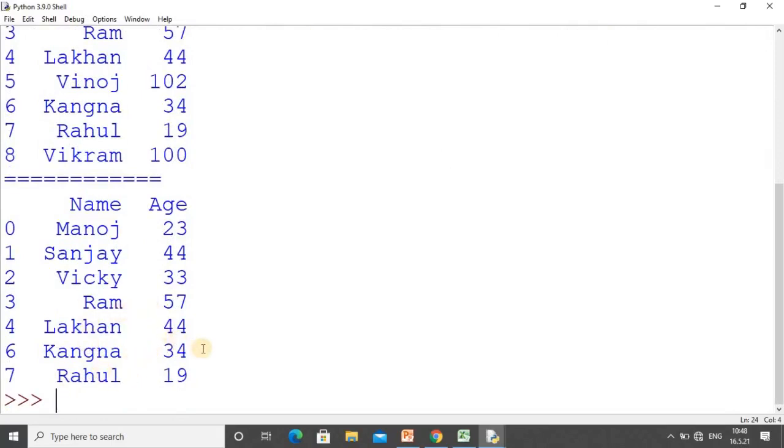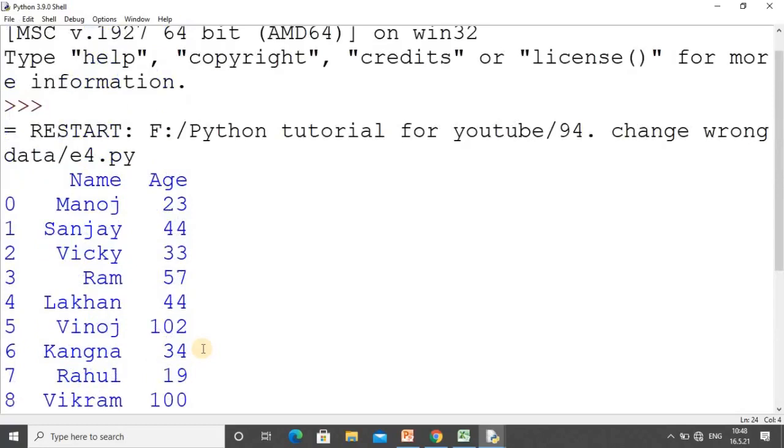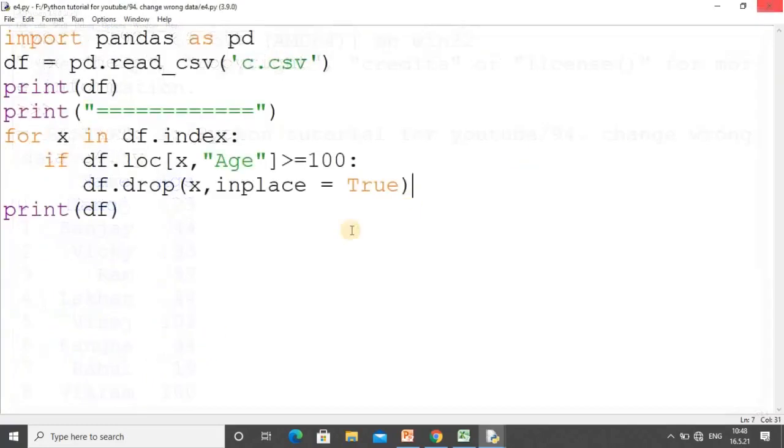So we got some records removed. In this way we can remove a record if the particular information is not suitable or wrong. This technique is used if you have a large database, and it is very useful. Such coding you can put if you are handling a large amount of information.